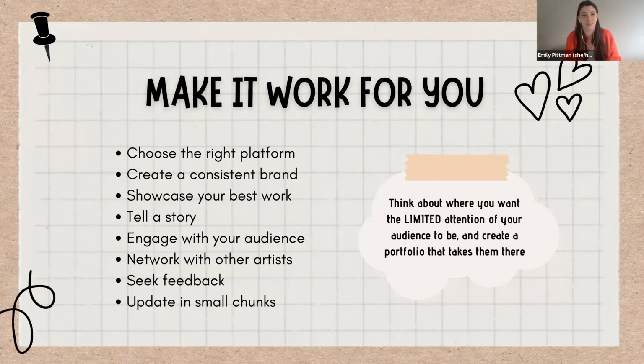And that kind of goes hand in hand with seeking feedback. Whether that's feedback in something like this, in a workshop where we can talk about it, or from your friends, someone in your community, it is also excellent to get feedback from people who are not artists, to say, okay, what does this website or my social say to you? Does it say that